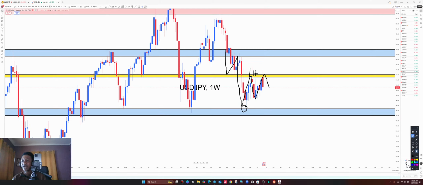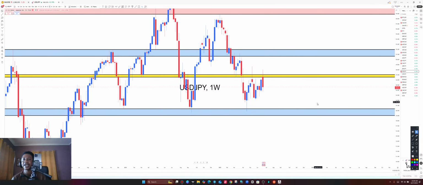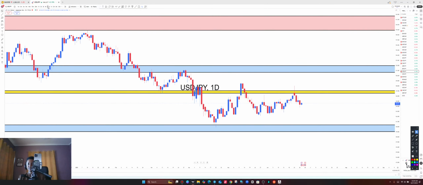Now, this area, we are going to study this area very, very well to see if price will continue the downward trend on the weekly to come all the way down, or the buy pressure of the monthly support level here will be strong enough to reverse price all the way to the upside as it has done previously. Let's find out as we go through the time frames together. All right, so let's take it again to the daily time frame and add another meaning to this analysis.